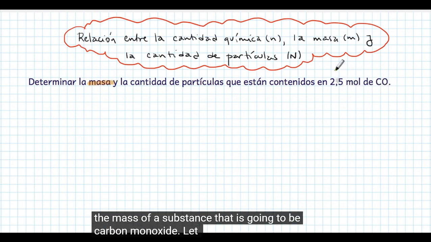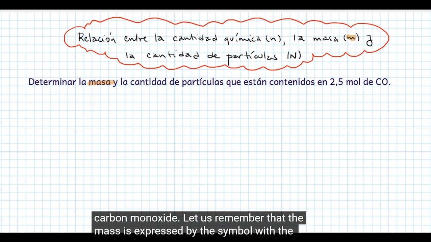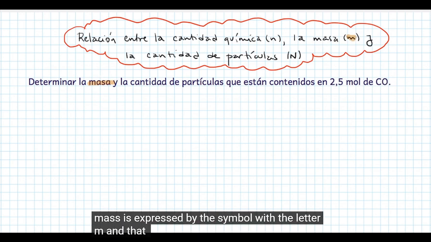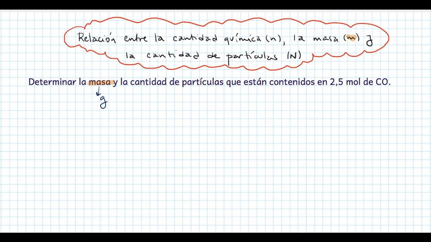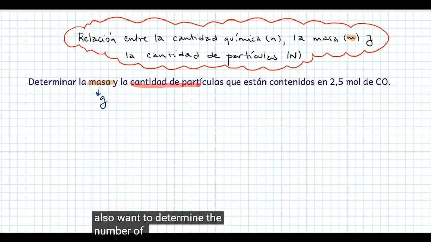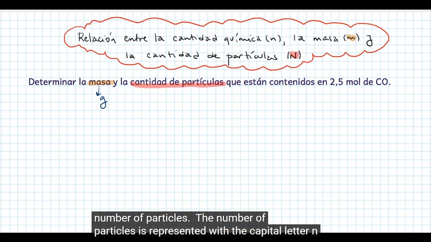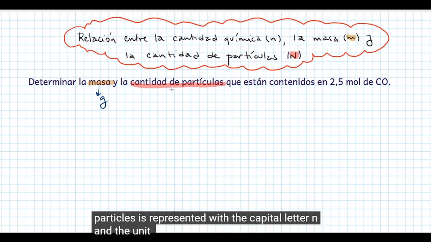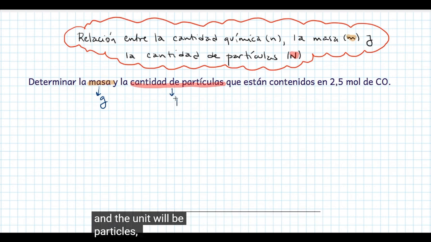Let us remember that the mass is expressed by the symbol with the letter m and that its unit is gram. I also want to determine the number of particles. The number of particles is represented with the capital letter N and the unit will be particles,